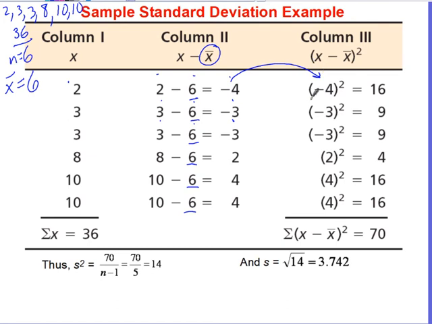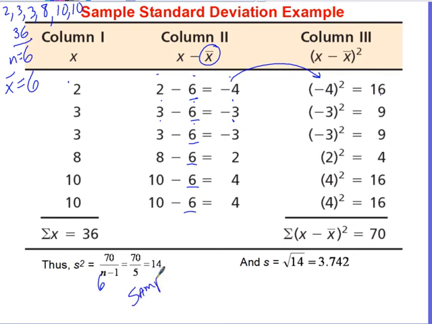Careful on your graphing calculator, because negative 4 to the second power, if you don't type it in right, you get negative 16, but a negative being squared is always positive. So you get 16, 9, 9, 4, 16, 16. Add all those up, and you end up with 70. Okay. So to take my 70 divided by 6 minus 1, 5,